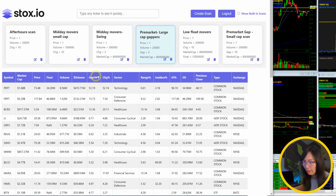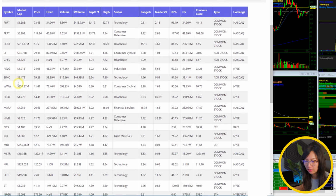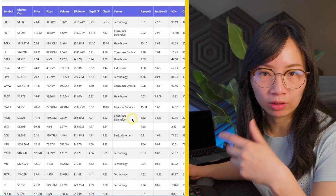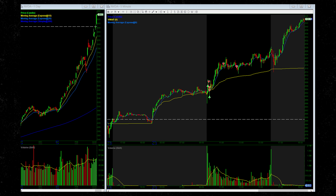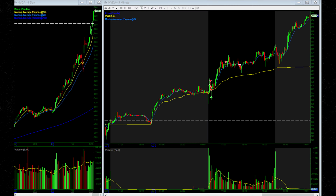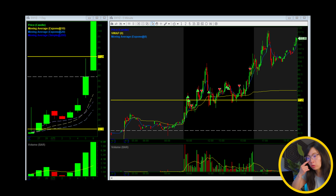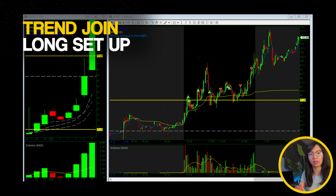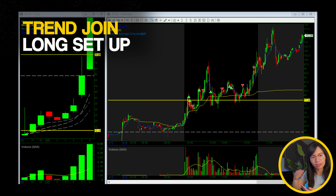You can sort by gap percentage once again. And these are the results for the larger cap stocks. So this will be the kind of scan for large caps where I use to find either gap up reversal long if the stock has gapped up a lot. So we'll take a look at all these tickers in just a little bit. But also the trend join long setups in which a stock gaps up and continues trending up higher after the